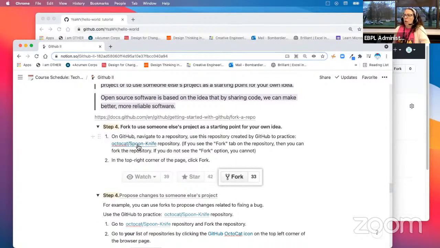So we're going to go to this. If you have the online handout, you're going to go to this. You're going to click here where it says AutoCAD spoon / knife. You just click on it and it'll take you to the repository. If not,